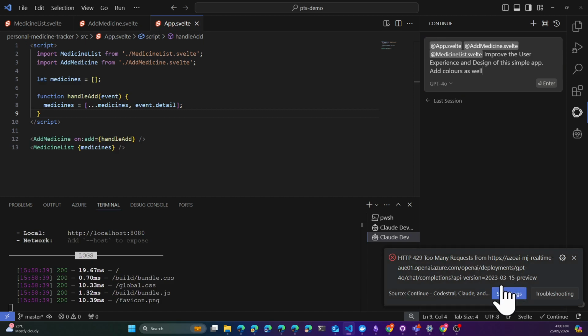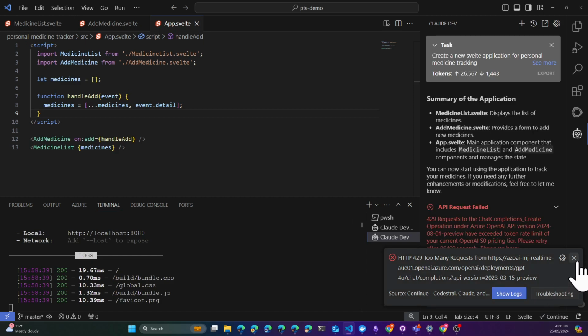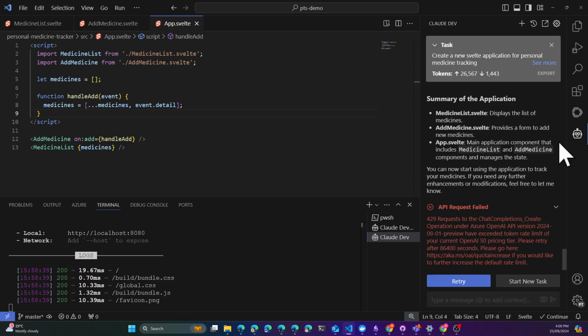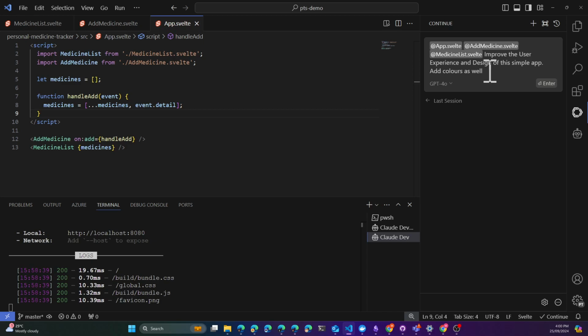All right, there you go. I'm now hitting that TPM limit of my Azure OpenAI. All right, let's see if Claude Dev... Yep, pretty much it died because it reached that limit, right? Let's just wait a few more seconds, because